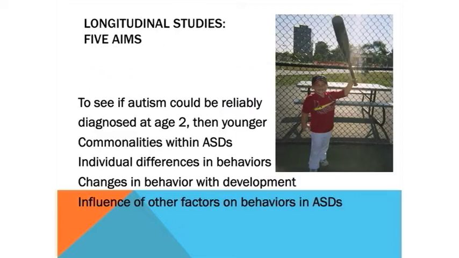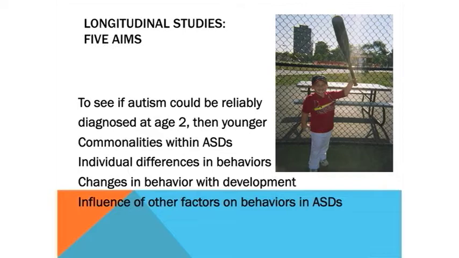We started this study with the idea that maybe some of the initial reports, for example, Lovaas's, where they said that treatment resulted in 50% of the kids becoming indistinguishable from typical kids, maybe they didn't even know who they were diagnosing, that maybe they didn't know what autism was in 2-year-olds, and that maybe there would be much more flux in who got a diagnosis and how these diagnoses changed in young kids. So the first question was just, are diagnoses of autism reliable at these very young ages?